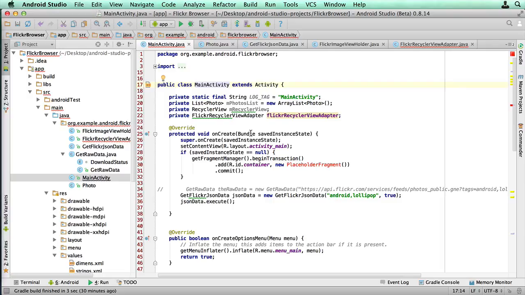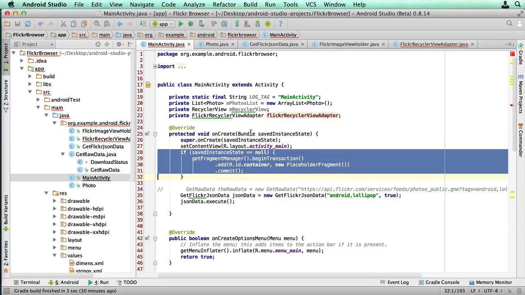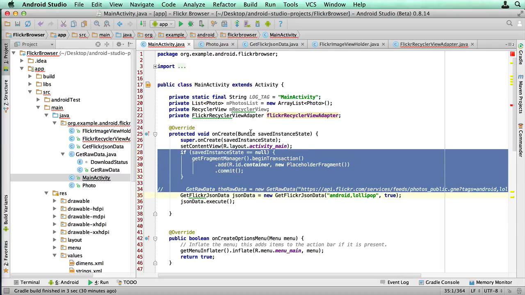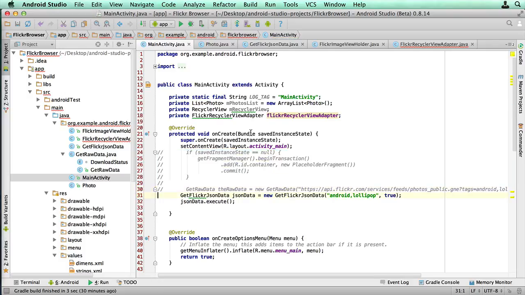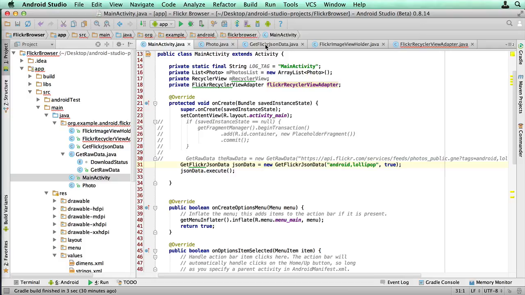Okay, the other thing I'll do here is the extra code we've got for our fragment. We're not going to be using that now, so I'm going to delete that for now. Well, I'll leave that there for now, but we'll be deleting that GetJsonData as well shortly. The other thing that I forgot to do in GetJsonData,